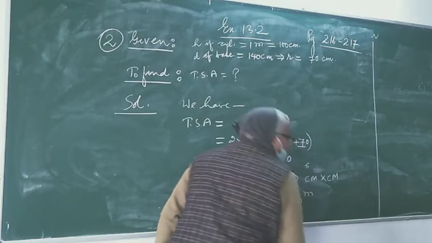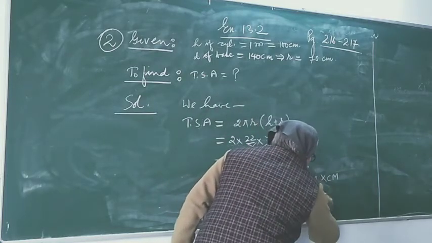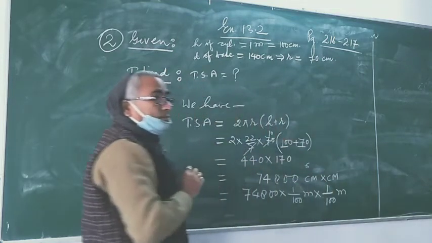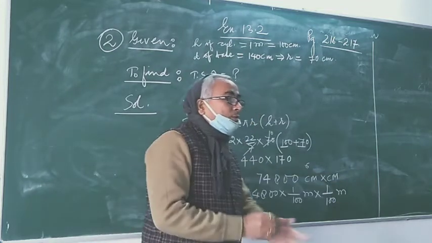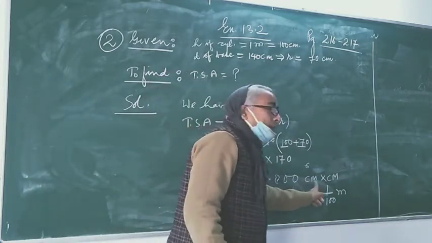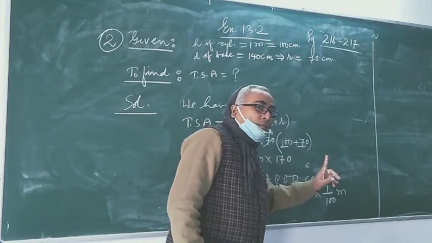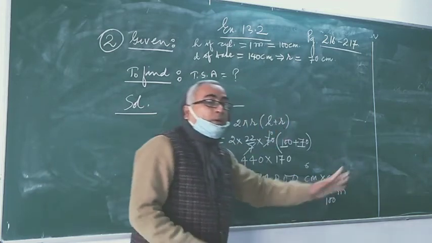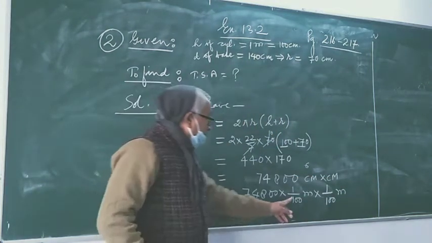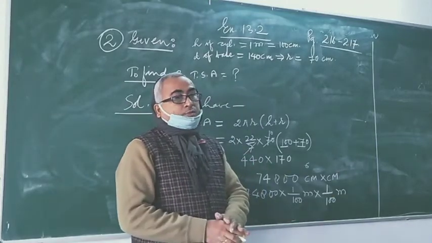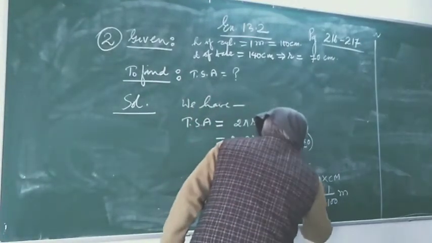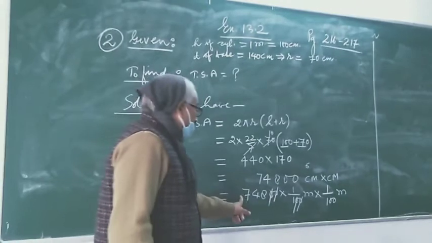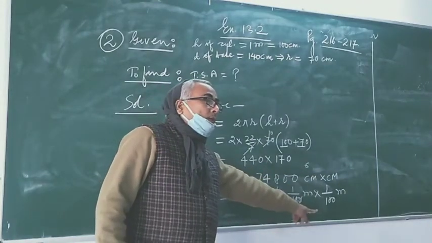Now again, the second centimeter will be 1 upon 100 meter. Why are we multiplying 2 times? Because centimeter is written here 2 times. So the first centimeter will be converted into meter, and the second one will also be converted into meter. That's why this is multiplied 2 times. Is it clear? Now see, the two 0s will be cancelled by this one. What will be there? 748 upon 1 followed by 2 0s.